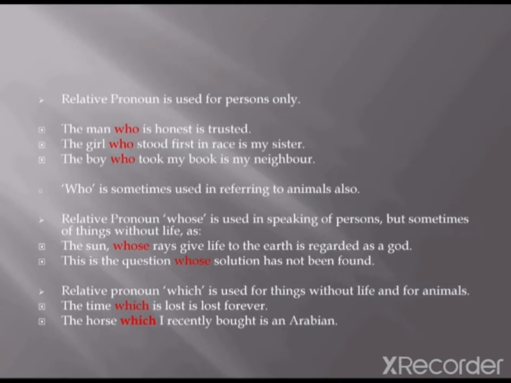In general rule, who is used for persons only. Like the man who, we have used who for a man. The girl who stood first in race is my sister. The boy who took my book is my neighbor. So generally we use who for persons only. Who is sometimes used in referring to animals also, like